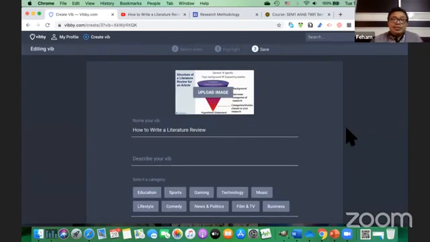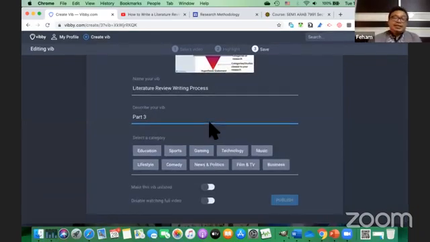Okay, so when you save VIP, the portion has been saved as a video inside vb.com. Okay, so the title, you name the title because you should have been familiar with the content earlier. Okay, you have to study the content first prior to sharing the content to your student. So the content is actually about review writing process. Okay, and this is actually part 3. Okay, from my VIPs, and then decide this is actually from education category.